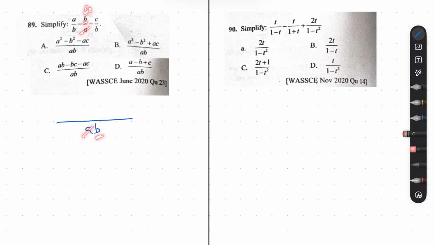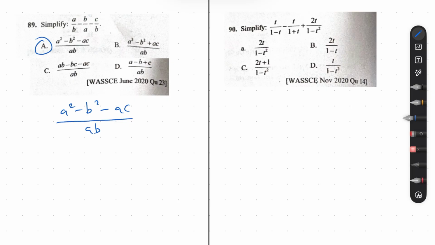And then finally B cancels B, we have A. So A will multiply C, so we have AC. Cool, so let's do that. We have A squared minus B squared minus AC. So that is our answer, which is A. Okay, cool. Let's move on to question number